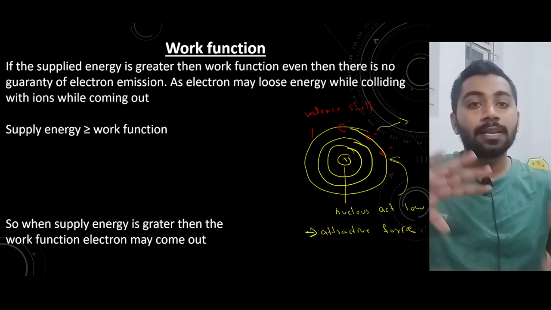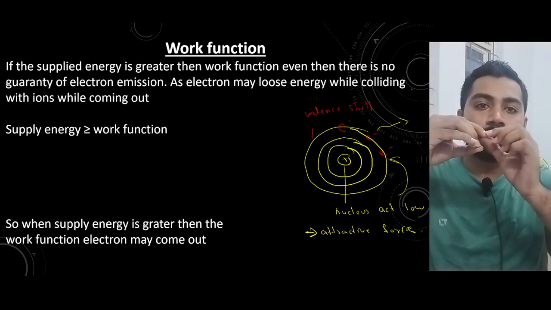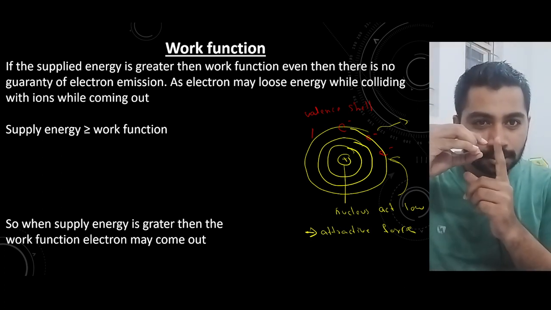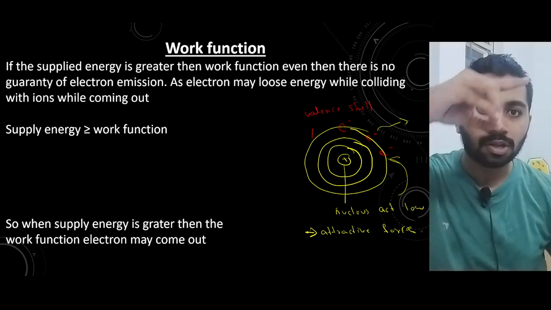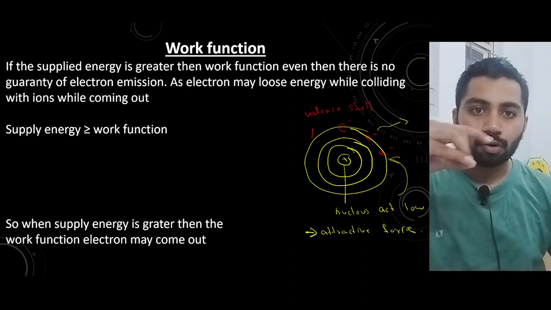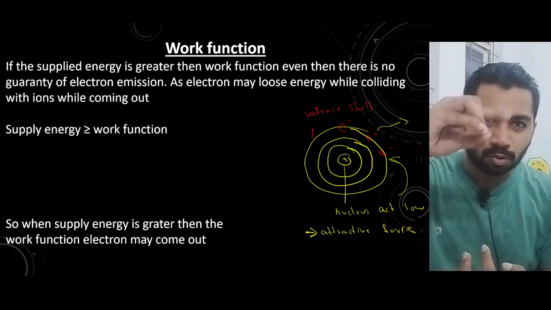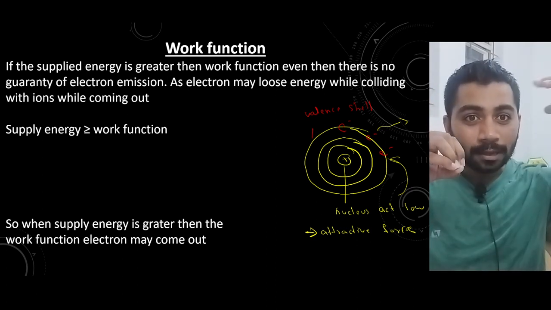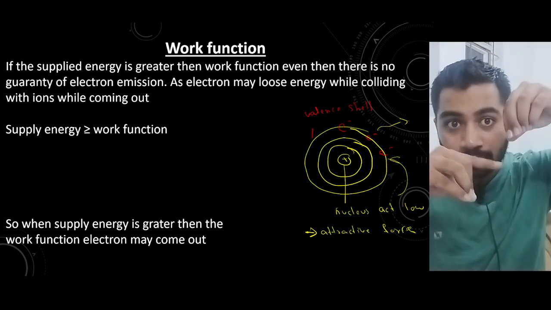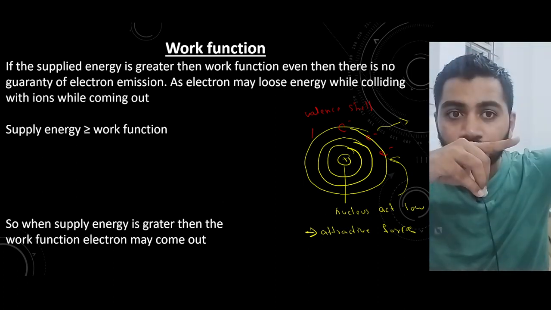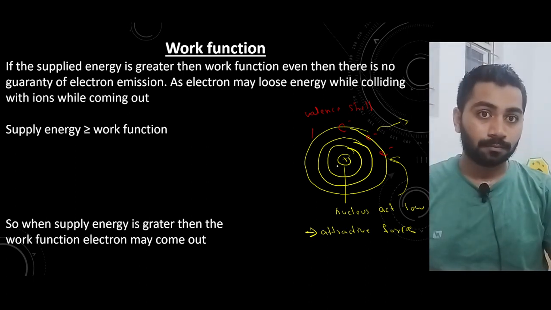See, very simple. I will show you. Imagine this is your electron, this is your atom. Now this is your one single electron, and this wants to come out, but this nucleus is not letting it come out. See, don't go. Now if I apply some external energy equal to this attractive force, I can easily remove this. That external energy is called your work function.